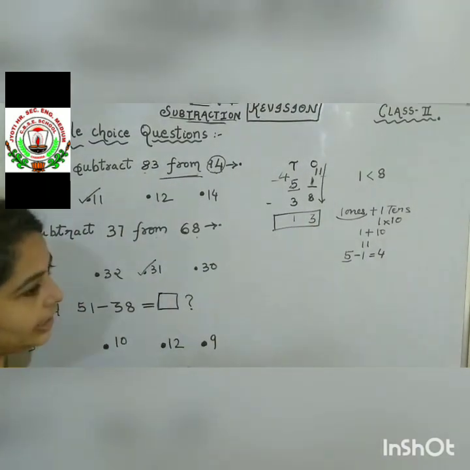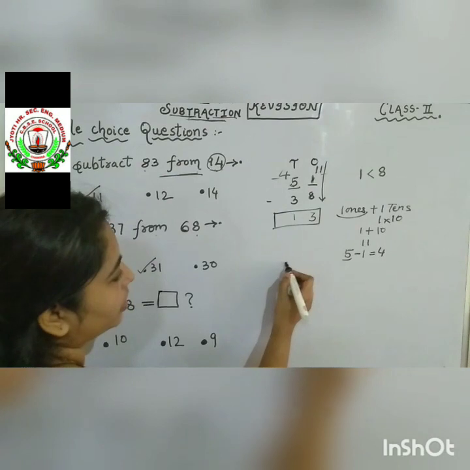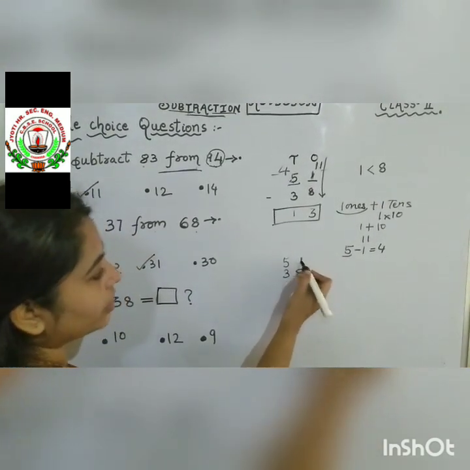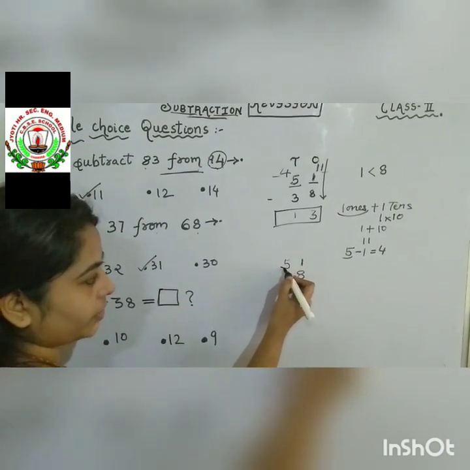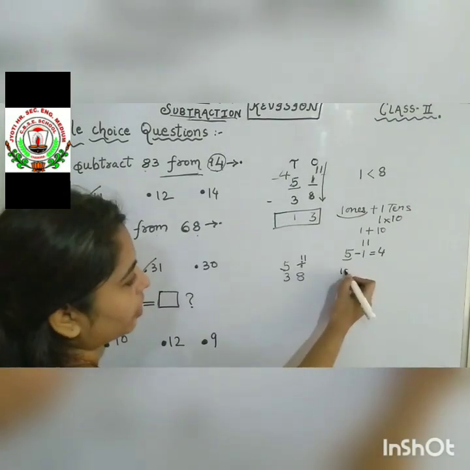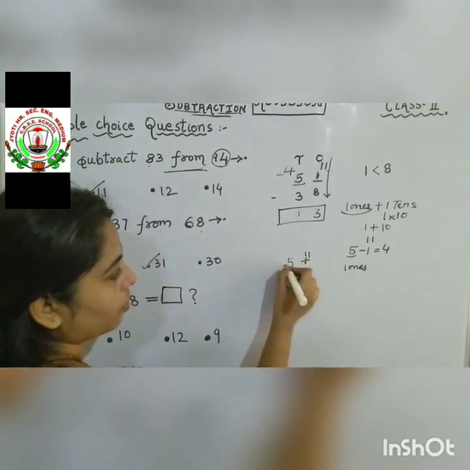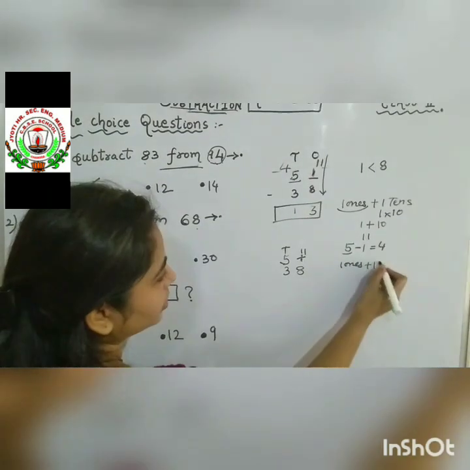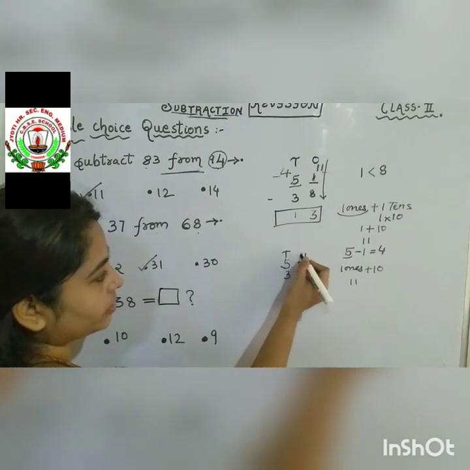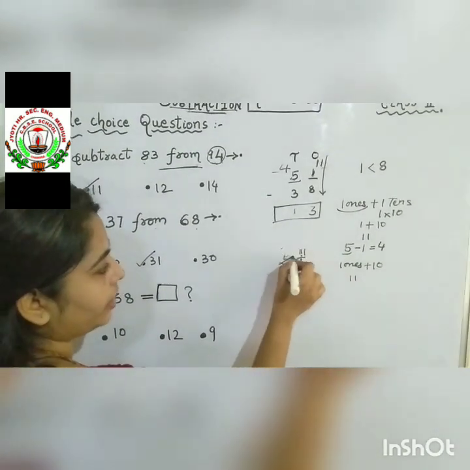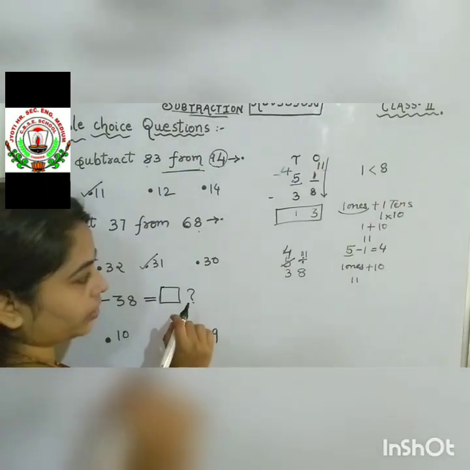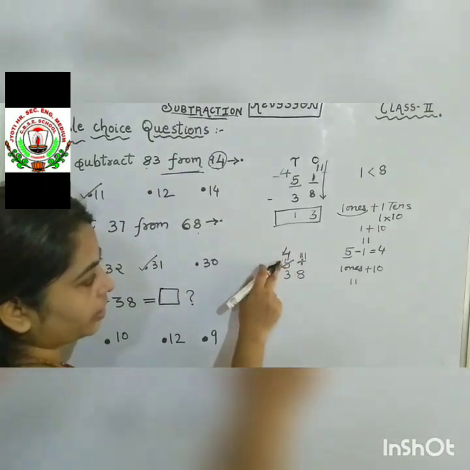I am repeating, children, again. See, first look at the numbers given. Okay, 1 is smaller. So this one will ask something from the 5. So it now becomes 11 because already 1 was there. The tens place has given 1 ten to it. Okay, then it now becomes 11. So our new number in this column is 11. Then 5 becomes 4 because it has given 1 ten to the ones. Okay, it has given, so it will remain now with 4.